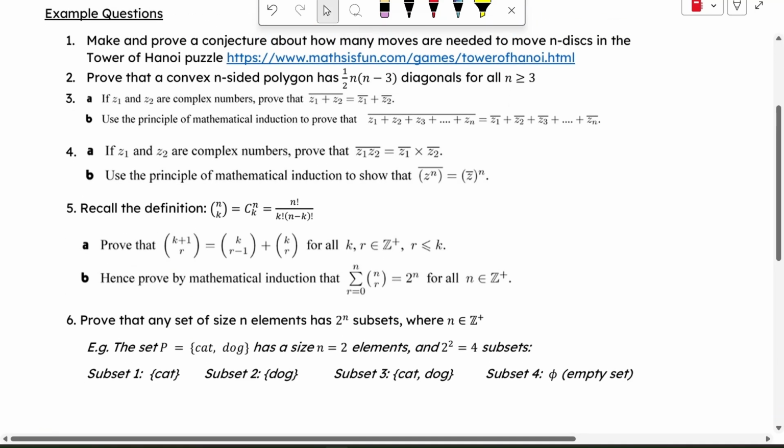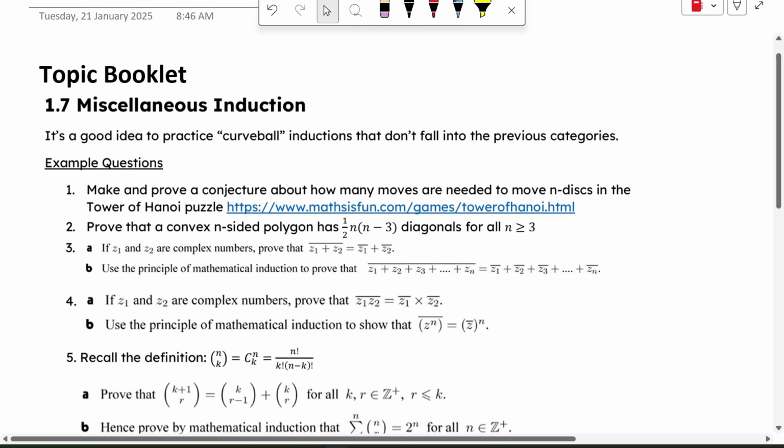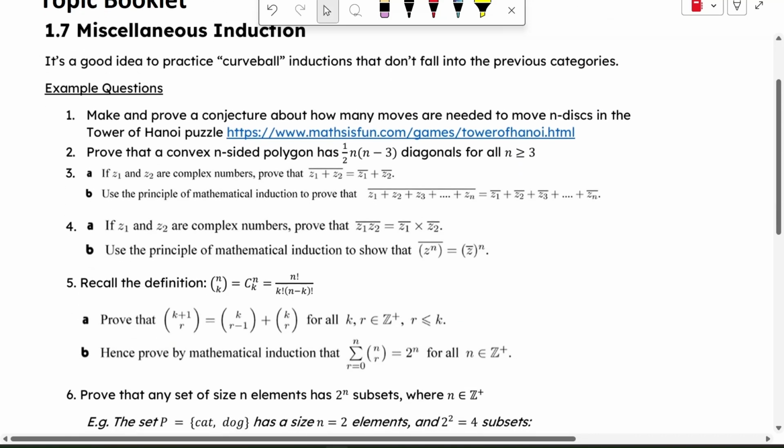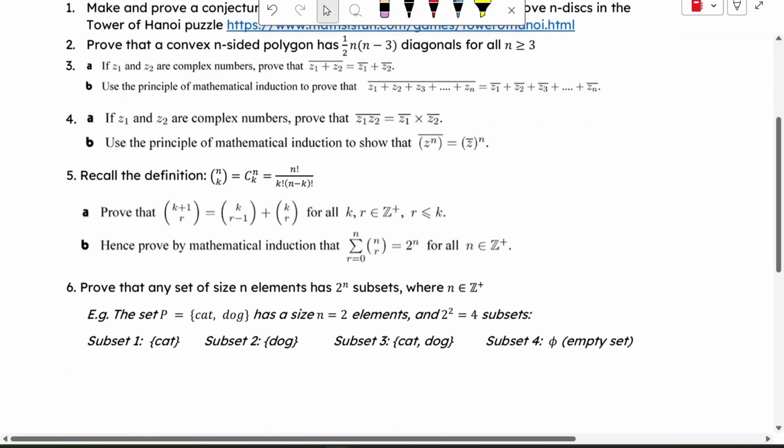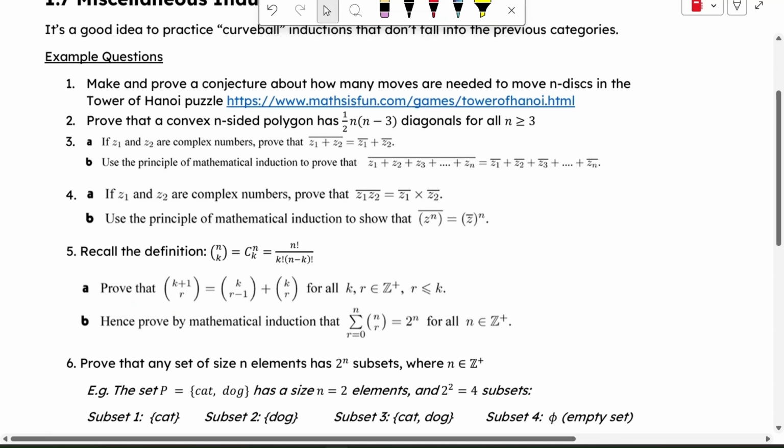And it turns out that induction pops up all over maths beyond where we've explored it in this topic, and it's a good idea to practice some of these areas just for curveball questions. So for example, we see induction in complex numbers, Pascal's triangle, and even sets, which is one of the most fundamental concepts in maths. Today we're going to be proving this convex n-sided polygon thing, and the main reason that